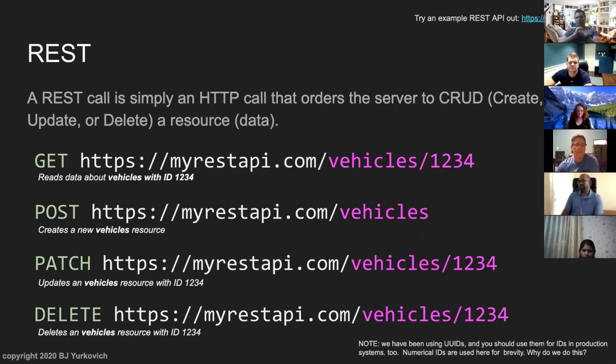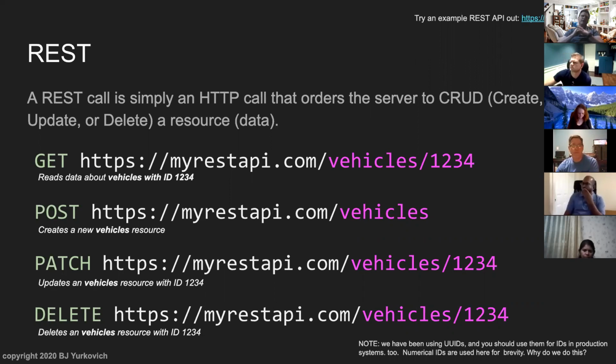So what does it actually look like? Well, we've actually done them already in week 2 and 3. A REST call is simply an HTTP call that's doing one of 4 different HTTP operations, either a create, read, update, or delete of a resource. When I say resource, what I mean is data, some sort of representation. Data could be stored in a database. It could be created in code. There could be an algorithm. It's whatever it is that generates it, but it really is just a resource.